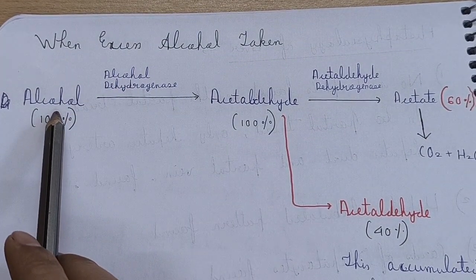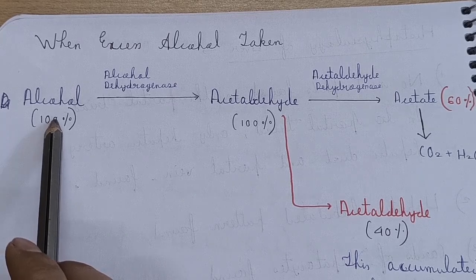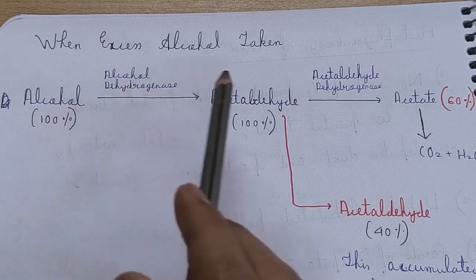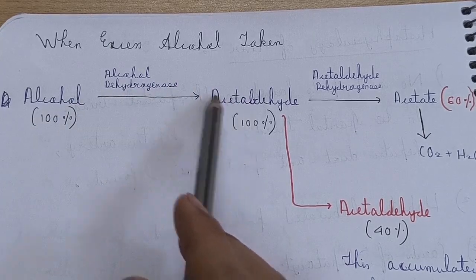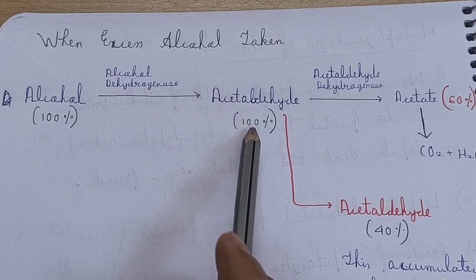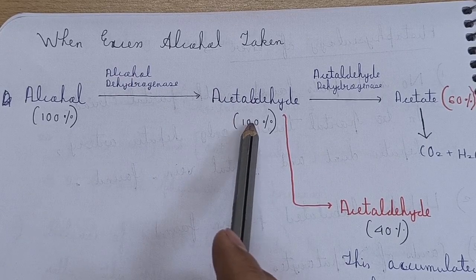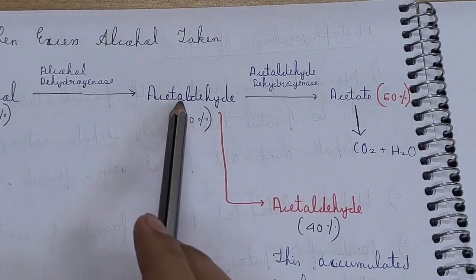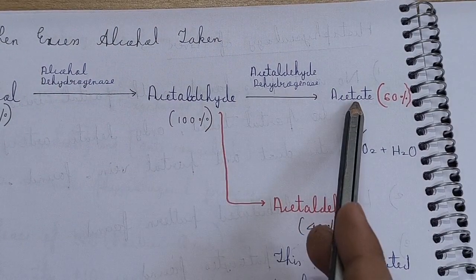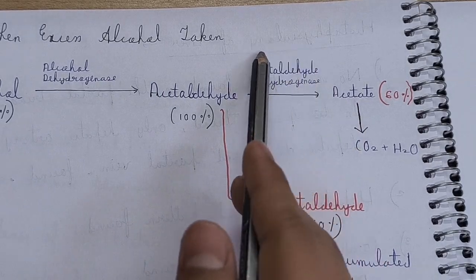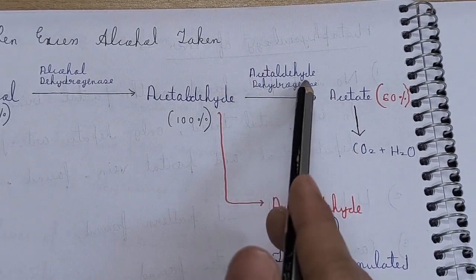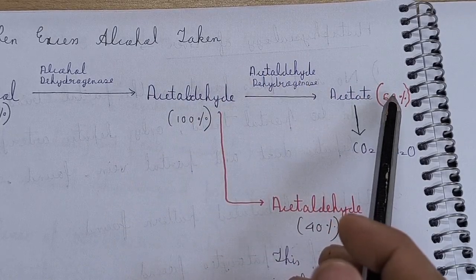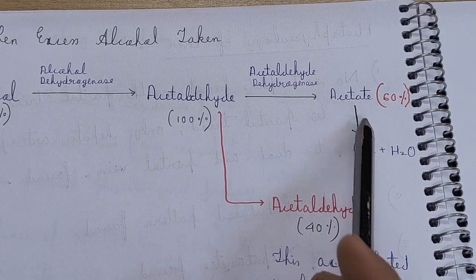Now please see this equation. Here, when you take excess alcohol, all 100% of the alcohol taken is converted into acetaldehyde by the enzyme alcohol dehydrogenase. So 100% acetaldehyde is formed. But not all of that acetaldehyde is converted into acetate, as acetaldehyde dehydrogenase is unable to convert all the acetaldehyde into acetate. So out of the 100%, let's say 60% of acetaldehyde is converted into acetate,